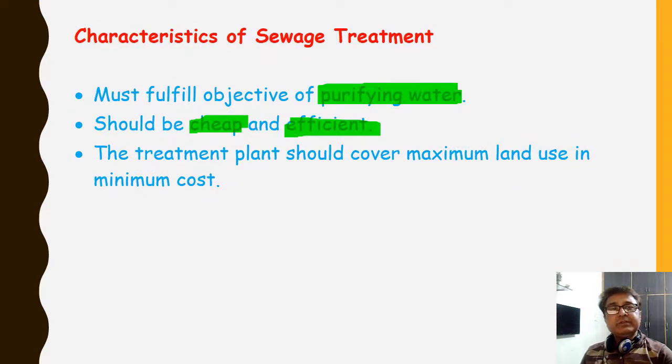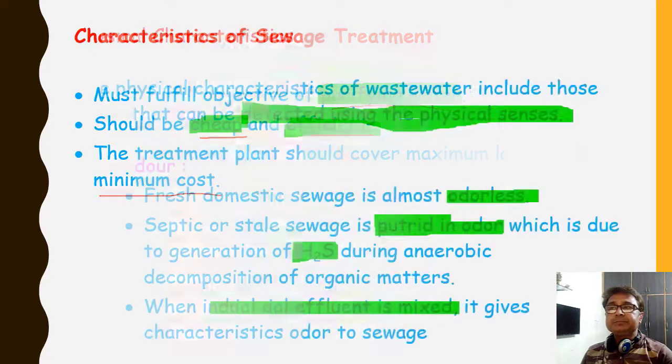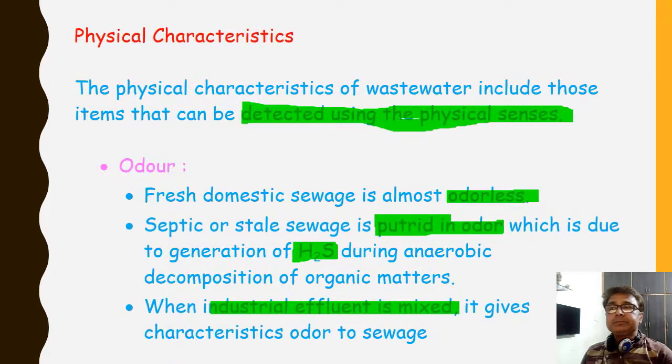The characteristics of a sewage treatment plant should be: it must fulfill the objective of purifying the water. It should be cheap and efficient, and the treatment plant should cover minimum land at minimum cost. The physical